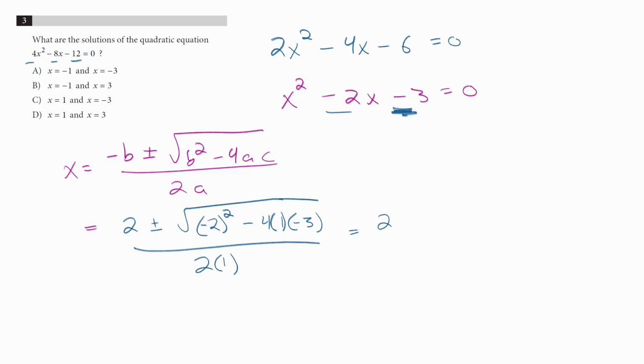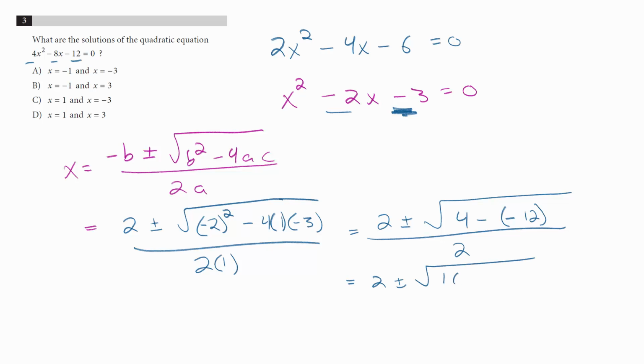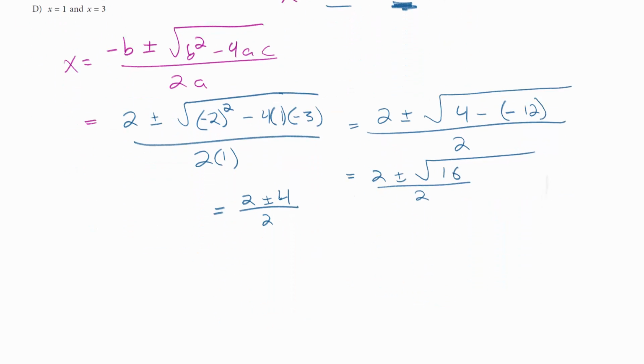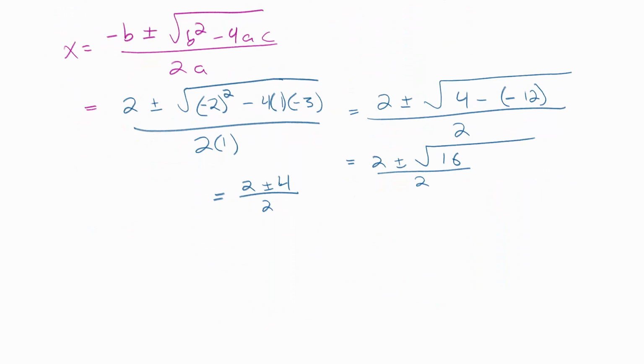And this simplifies to 2 plus or minus the square root of 4 minus negative 12, all over 2. And that simplifies to 2 plus or minus the square root of 16 over 2, which simplifies to 2 plus or minus 4 over 2. And since now we have a plus or minus, we can have 2 plus 4 over 2 and 2 minus